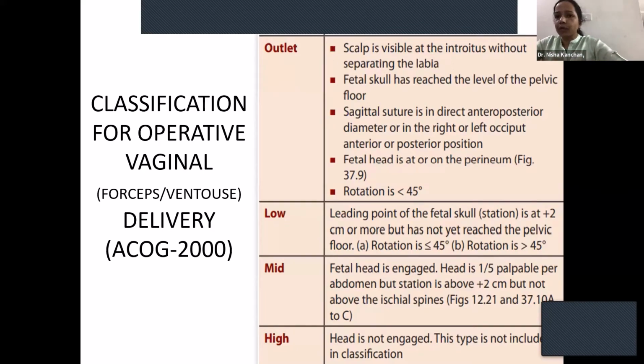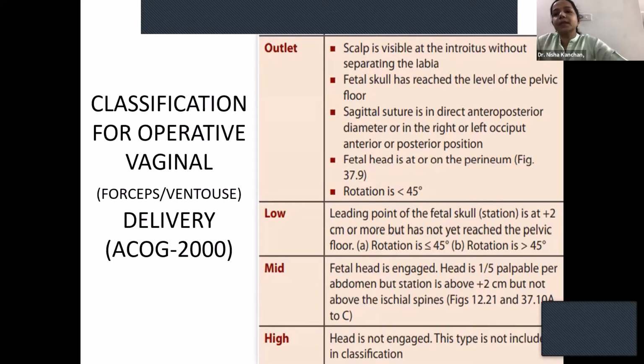Because when there is a caput, because of the swelling of the fetal head, you feel that the head has come down, but actually the skull will be much higher. So when you do a PV examination, you should look not for where the scalp of the baby is, but where the skull, the bony part of the baby's head, is. When there is a large caput, the scalp would have reached the perineum, but the skull would be at a higher level. So it would not be an outlet forceps. It would be a low forceps. You would have confused it as outlet because of the level of the caput. So the skull having reached the pelvic floor is an important criterion here. That is when you call it outlet forceps.